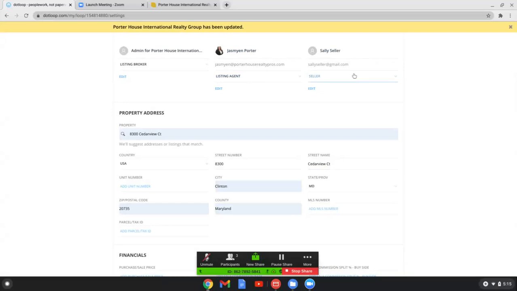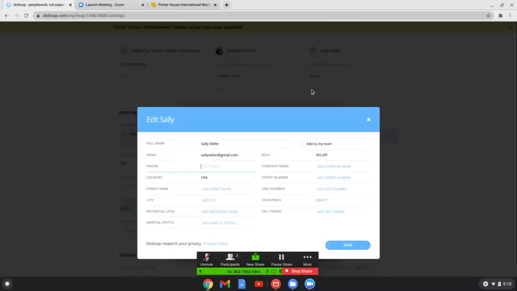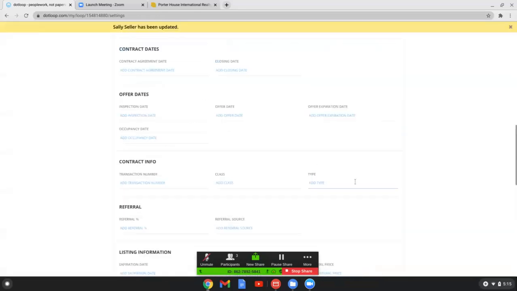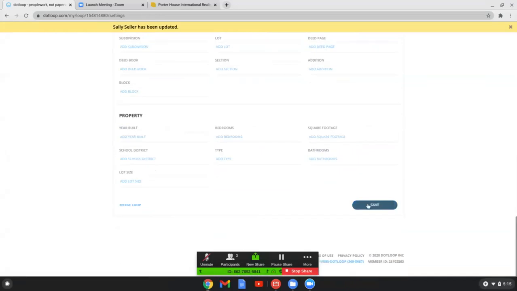For your seller, you want to make sure that you add your seller's full address, the seller's telephone number, email address, and everything else that you have for your seller, the marital status. You want to put it all in this field so that it'll go into the documents that are appropriate. And you save that information. And once you save it,